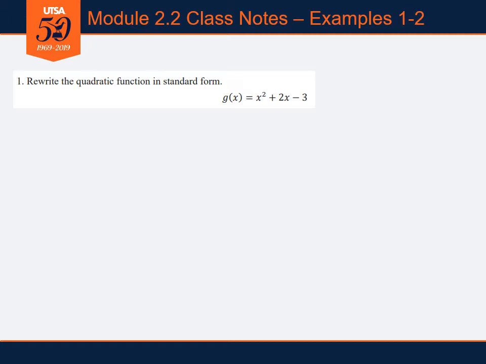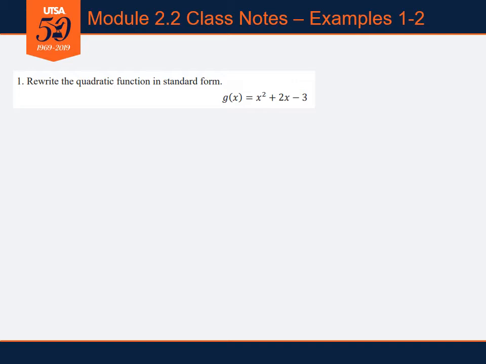And the graph of a quadratic function is a U-shaped parabola. Hopefully some of these things are ringing a few bells here. Over the examples that we work in the Module 2.2 class notes, we will see different forms, properties, a look at the graph, and equations of these quadratic functions. So let's start that here in question number 1, example number 1, where we are rewriting this quadratic function in